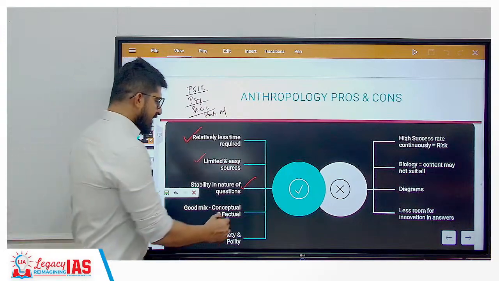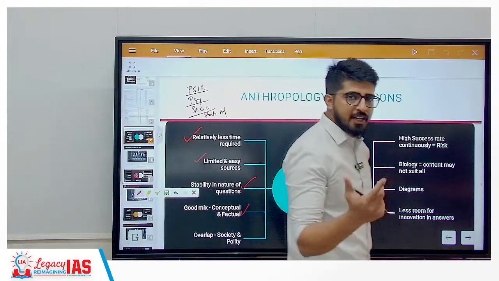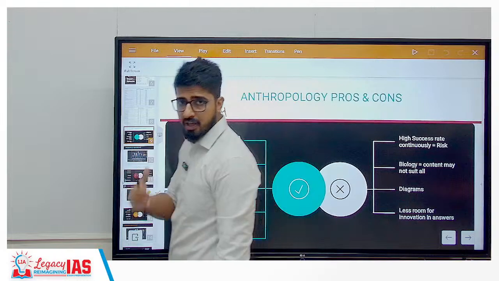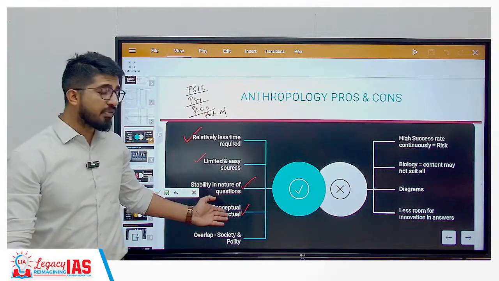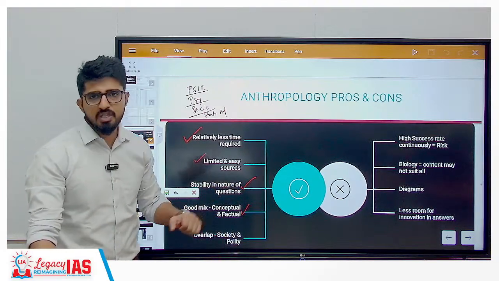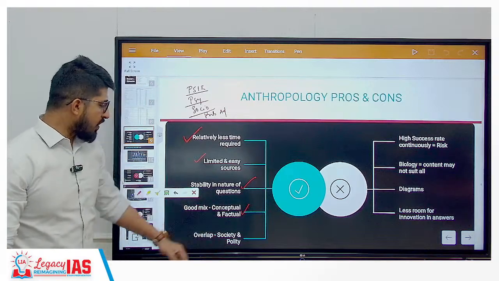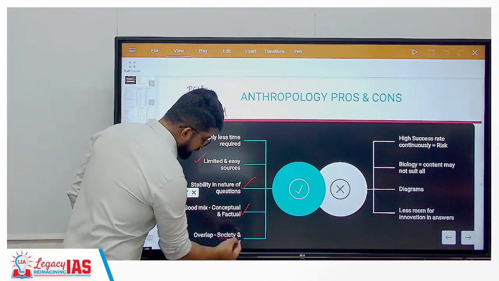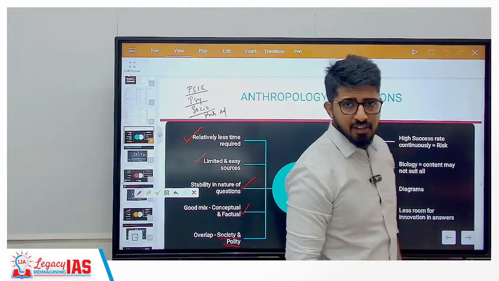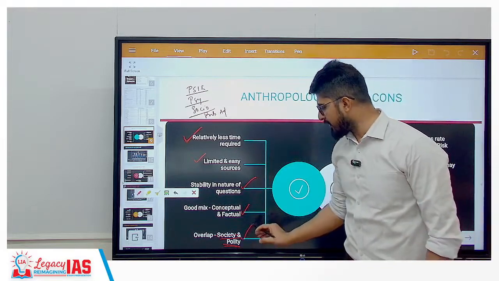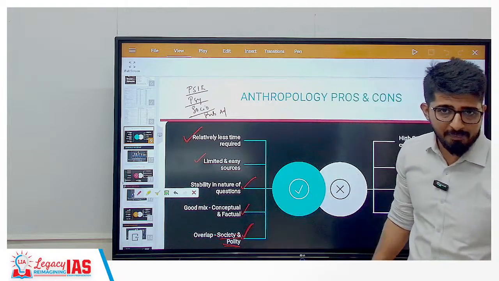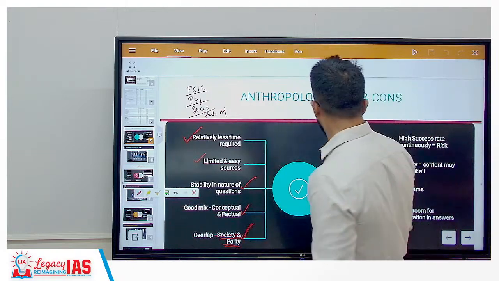And next, it is a good mix of both factual and conceptual aspects. So throughout the subject, you find some facts. At the same time, you find some concepts as well. So I would say more fact-oriented, less concept-oriented, we can say. And overlap is with society, a bit of overlap, and with polity, very little. So it is forced, we are saying there is an overlap with GS, but yes, this is where you can find the overlap. Not significant, however. Coming to the cons,